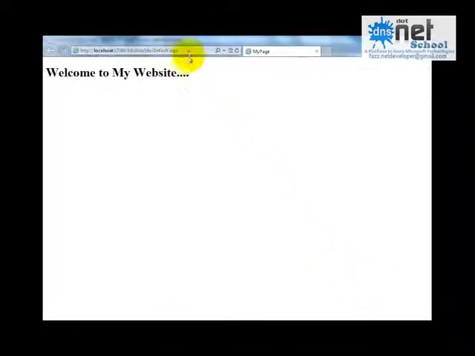Now you can see here the path is http localhost and some port number is there. Then the directive name is there, then the file name, the page name, default.aspx, and the output of this page is displayed here, welcome to my website.